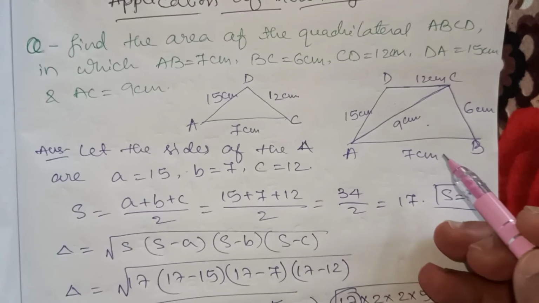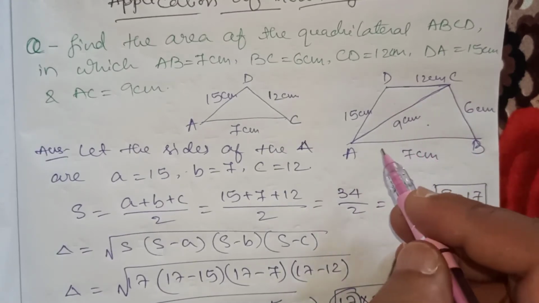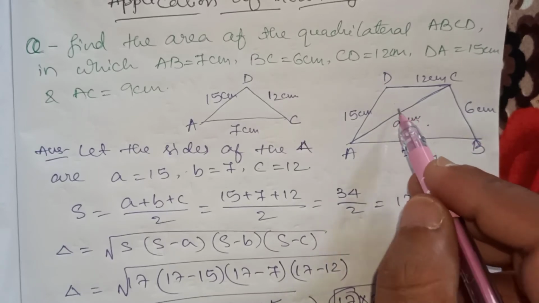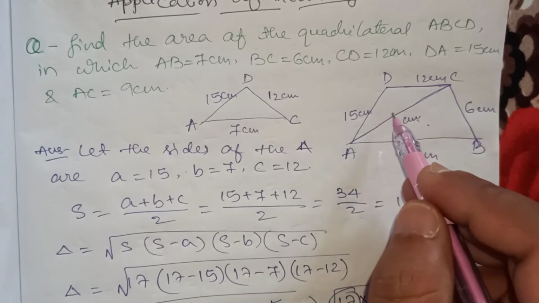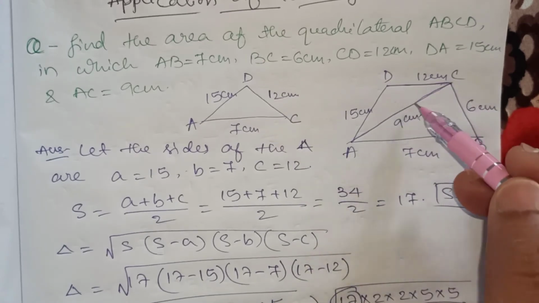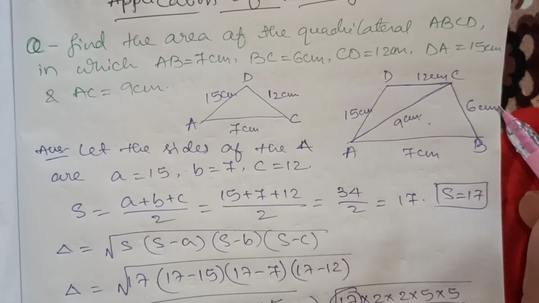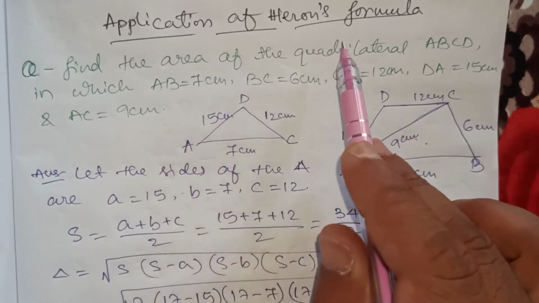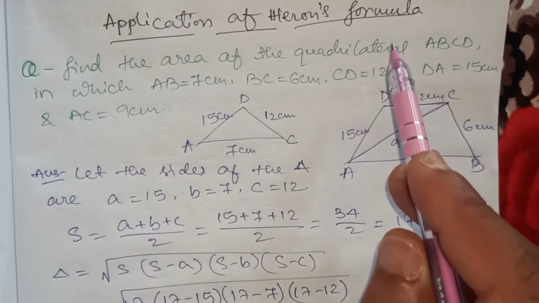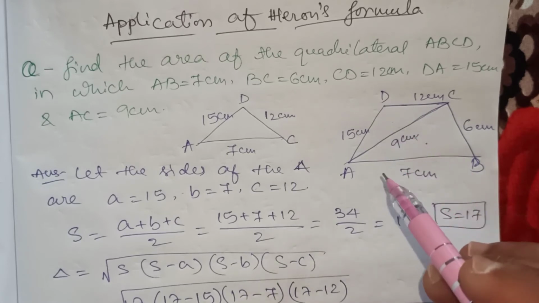Okay, in this way we can find out the area of any figure. If all the sides are given to us, we can join one of its diagonals and divide it into two triangles. By finding the area of the triangles, we can get the area of the whole figure, be it a quadrilateral, parallelogram, triangle, square or rectangle. So this is called the application of Heron's formula. We have applied Heron's formula not only in a triangle but also for the quadrilateral.